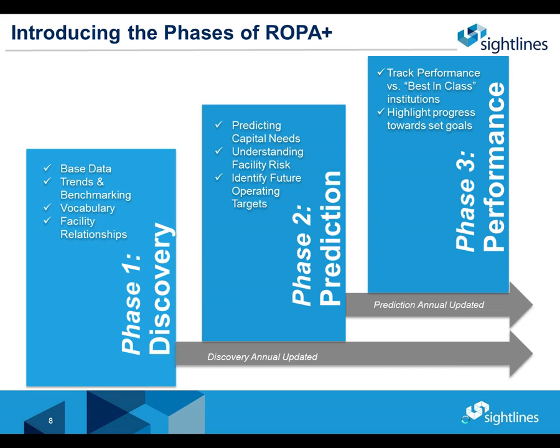And as we say, each year you would continue to get the discovery. And when we talk about these as phases, for new clients, we tend to offer these each year. So first year is discovery, then the second year discovery plus prediction, third year discovery plus prediction plus performance. But as you come in as an existing client, we're going to discuss how you want to phase this and the timing of this. We know there's a lot here, but we typically see these coming in over a couple-year period.